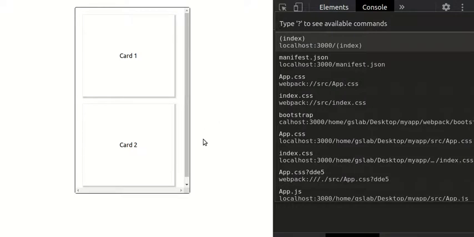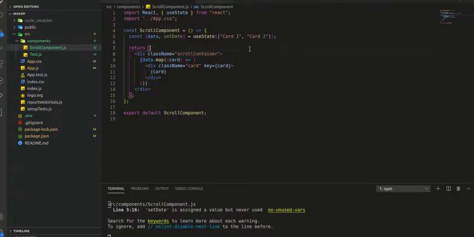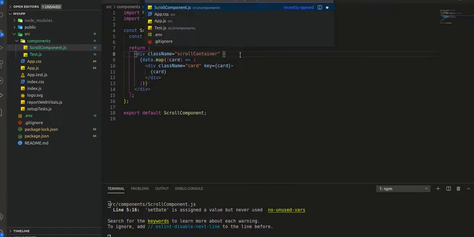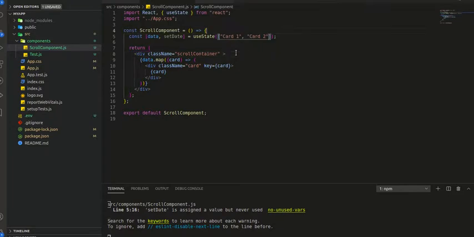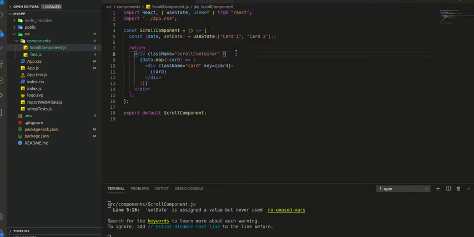So now let's just add the onScroll event to our parent div. And one more thing: what we want is the scroll position of this parent div, and for that we'll need a useRef hook. So first we will import useRef from React.